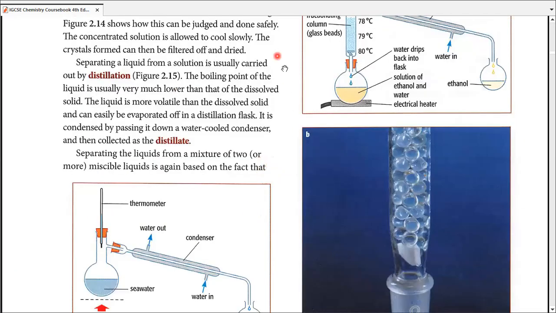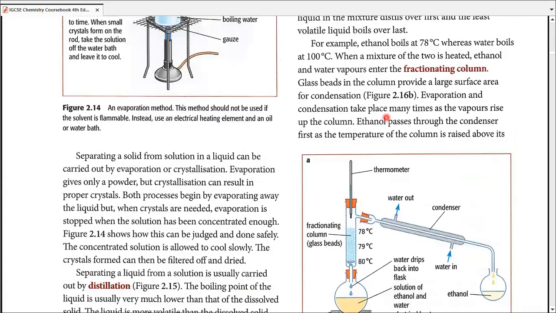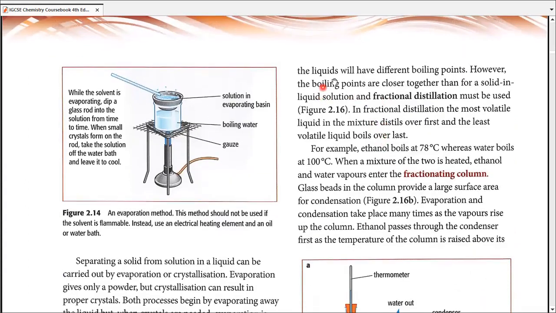Starting right from this paragraph, separating the liquids from a mixture of two or more miscible liquids is again based on the fact, from this point, we study fractional distillation, right? So if there are more than two liquids which are mixed together and they have different boiling points, then we can slowly boil one liquid after another and separate them first. What would happen? We're going to go for fractional distillation. In fractional distillation, what happens is that the most,